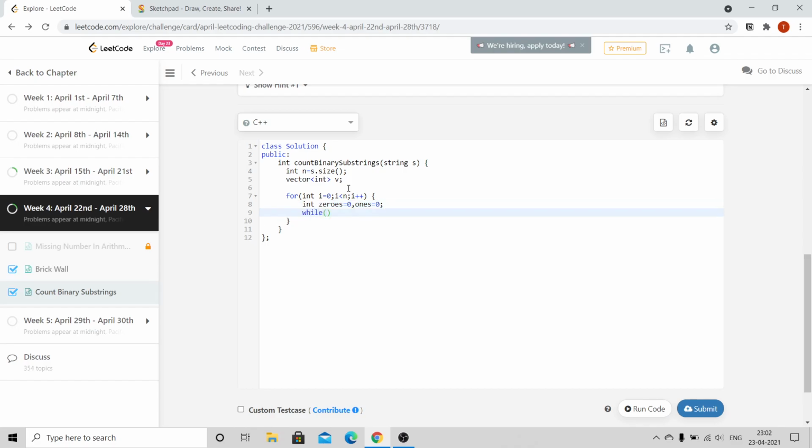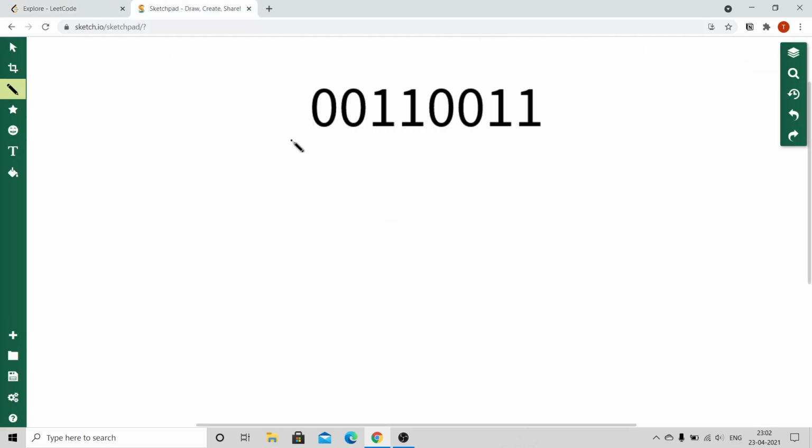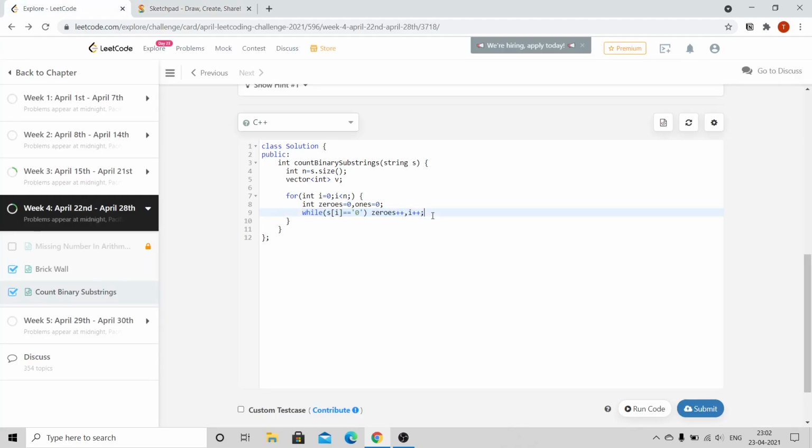So now while s of i is equal to 0, we don't need this because we are already implementing this in the while loops. So what I'm trying to do by this code is iterate until I encounter a 1. So I just stop here and I count the frequency of zeros, which will be 2.